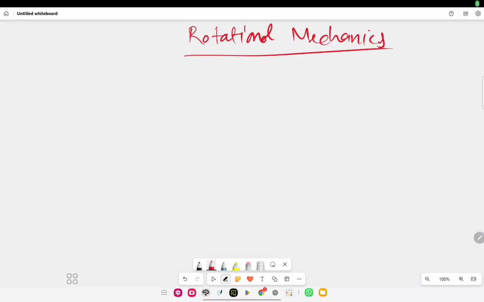Hello dear students, today we are going to talk about the revision of the chapter Rotational Mechanics. This chapter is very important for the IIT-JEE and NEET exams. This is the revision class, so we'll talk about the concepts of rotational mechanics. First thing I'm going to talk about is the relation of the